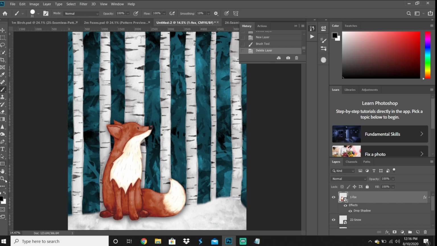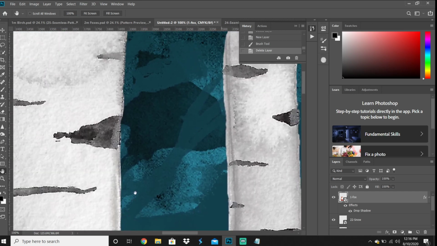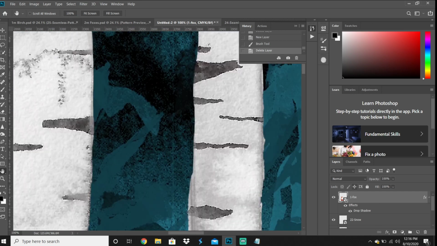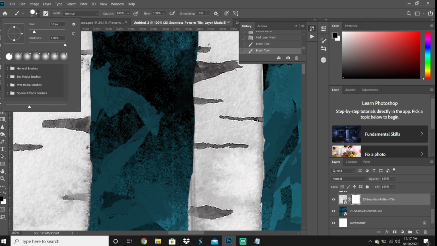What else? This is the hand tool. Say you're really, really zoomed in, that helps you just grab and move along things. Masks are an important thing, so that's what I use the most. One of my most used tools is masks. So say I wanted to clean up the edges on this, I would make a mask down here on the layer, go with a black to kind of delete things,